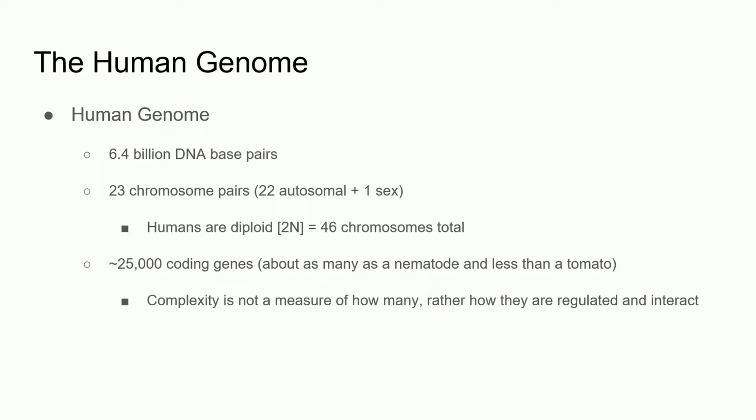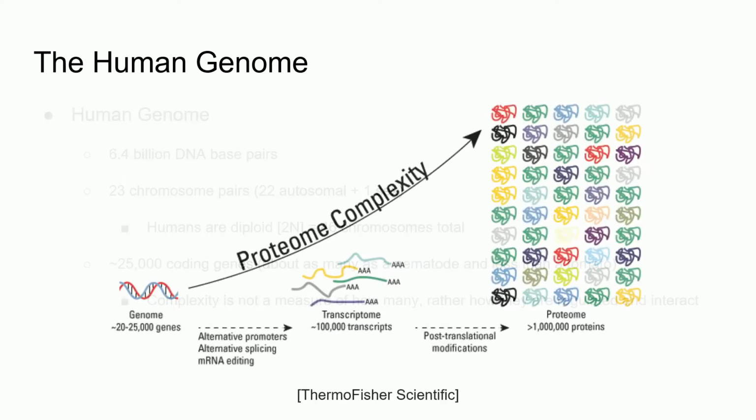Compare that to a worm like the nematode, which has about 20,000 genes, or a tomato that has more genes than us, at about 32,000. So what gives? We've learned that it isn't about how many genes in our genome that matters. It's how the genes are transcribed, modified, translated, and the interdependence of genes on each other. So even though we only have about 25,000 genes, we actually have far more proteins, with estimates of over 1 million proteins. This complexity is not entirely shared with the tomato.